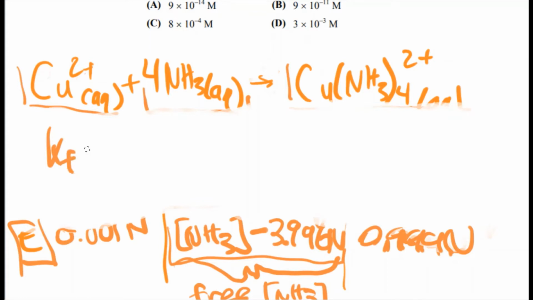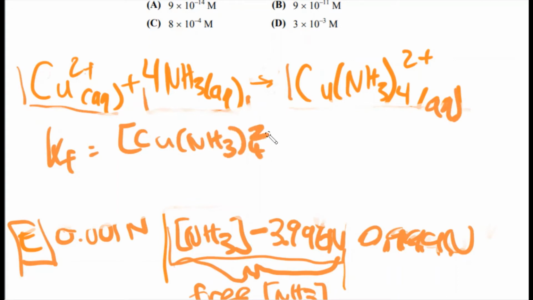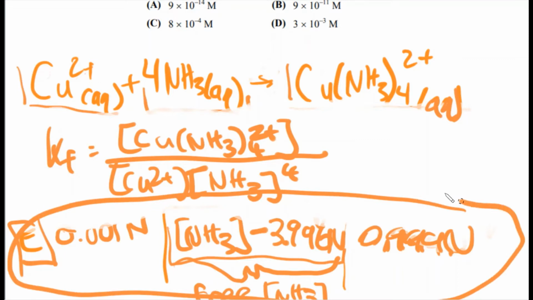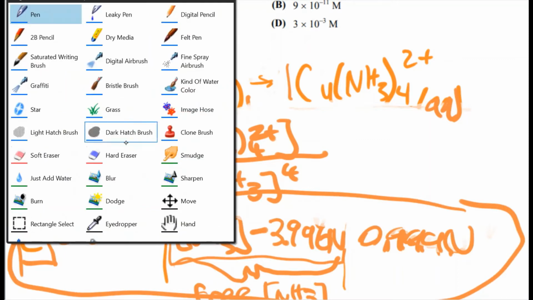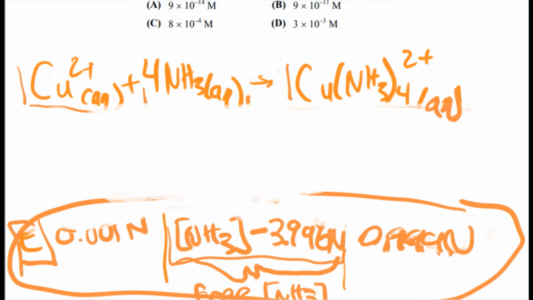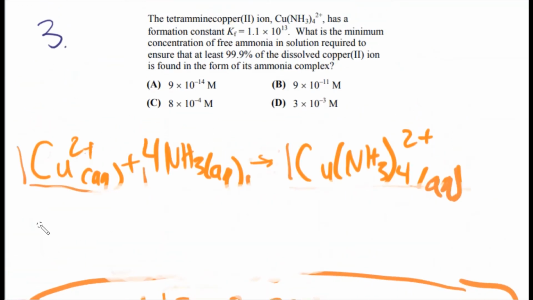Now, the Kf is simply equal to products over reactants, and since all these are aqueous, we are going to include all of them. So the concentration of copper with 4 NH3s attached will be divided by the concentration of copper 2+ times the concentration of ammonia to the 4th power. Now we know what these values are because we just calculated them down here. So we will replace our Kf with the actual number and the equilibrium expression with actual numbers. So our Kf is 1.1 times 10 to the 13, and this is set equal to